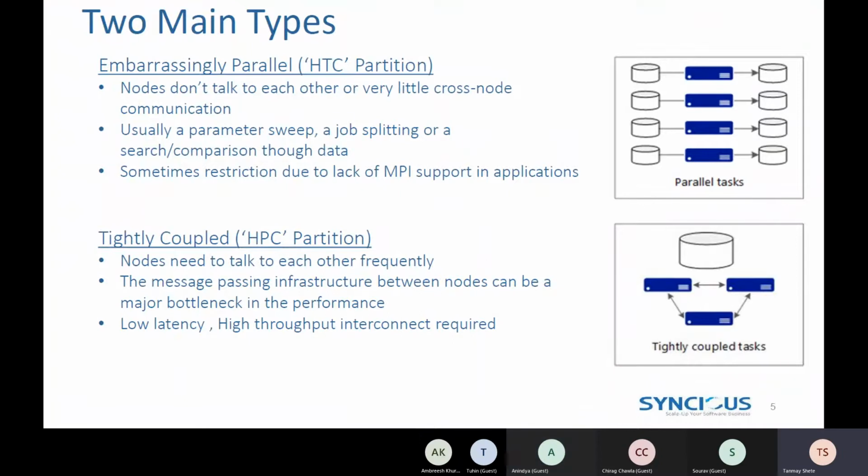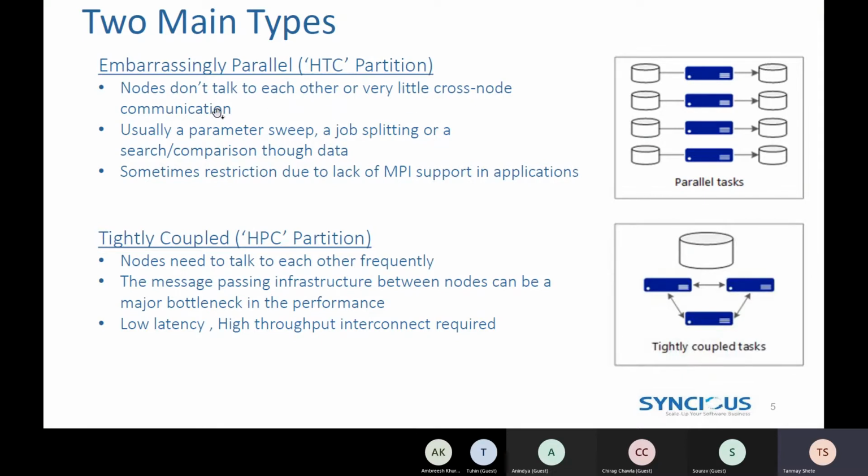So as I said, there are two different types of problems. One is embarrassingly parallel, and the other one is the tightly coupled problem. So what is embarrassingly parallel? The nodes or the servers don't talk to each other, or there is very little cross node communication.